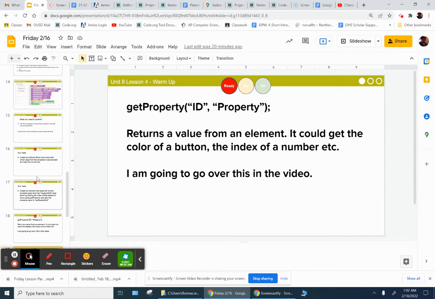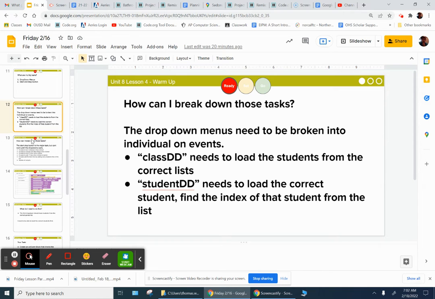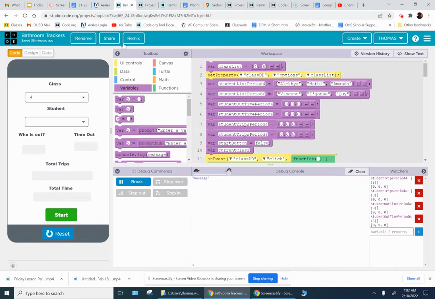So looking at my two big goals, I did the drop downs, but I still need to do all of this stuff, and that can be for next week. And this one's going to be where a lot of my math is, so I need to start a timer and count. I'm going to need to add the time to each student's list. There's a lot of stuff. If you want to see what it looks like in action,